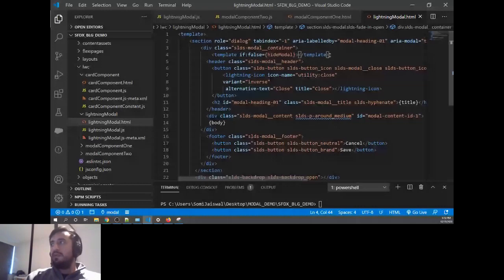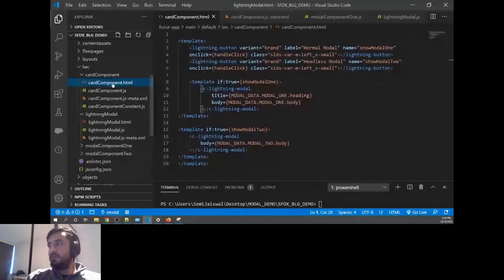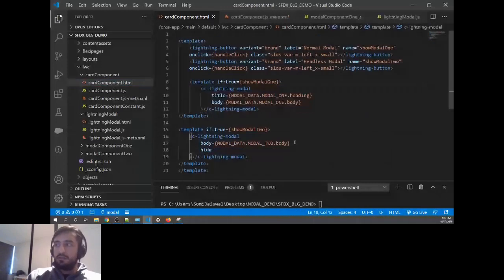Okay, so it means when hide model is true, this content is hidden. I'll go to the HTML and say for the second model only, we don't want to show the parent, and we'll say hide model. You can keep it as it is. If you do not define any Boolean variable, it is considered as true. I hope so. Let's try it.